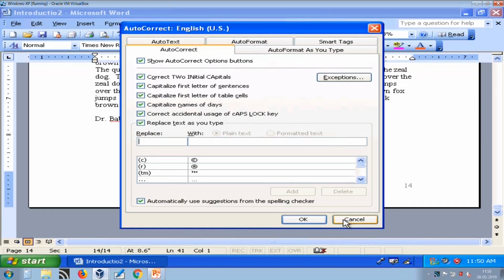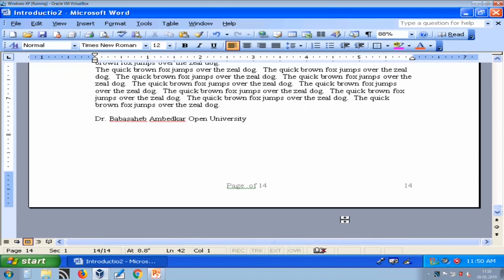So let us first look at how to use the predefined ones. Here I want to say copyright is with Dr. Baba Saheb Ambedkar Open University. Whenever I complete that bracket, it automatically corrects this entry to the copyright symbol, and suppose I want to say BAOU is registered.